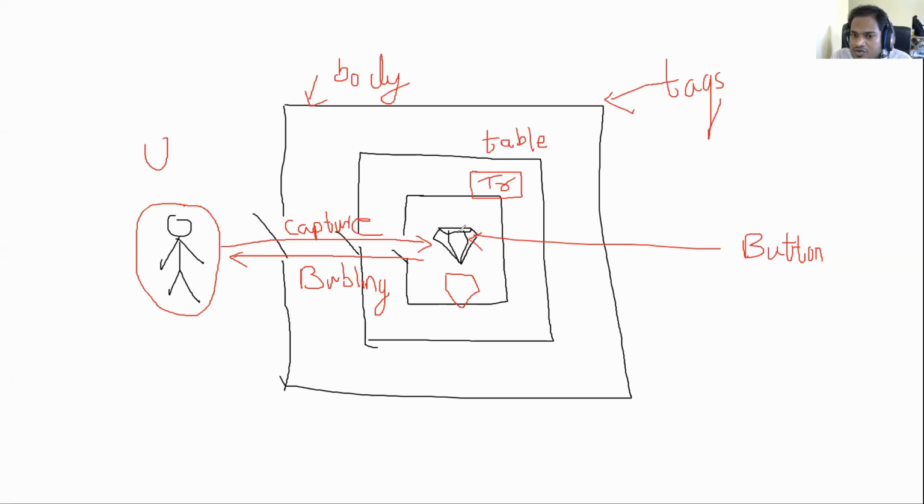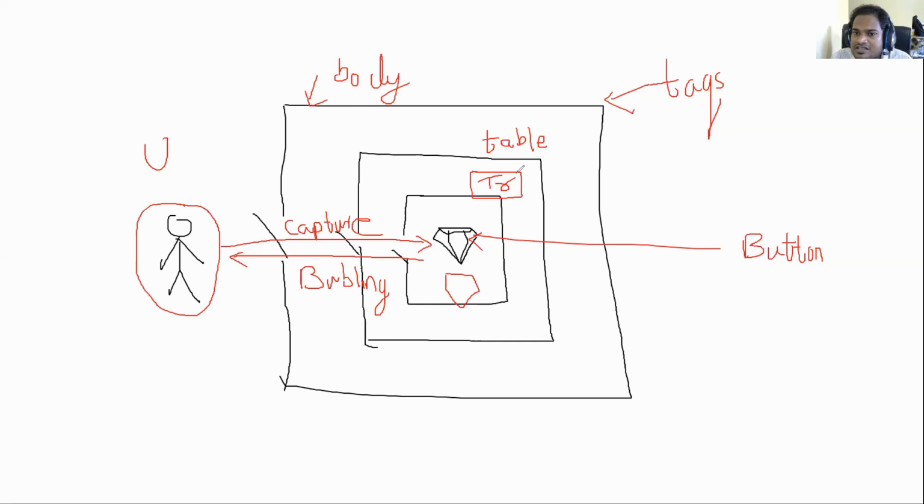No, right? Because you have purposefully added the event listener to only this particular button. In the code you have mentioned that whatever is visible at that time, only those buttons' event listeners are added, right? But if you add an event listener to the TR, what will happen?